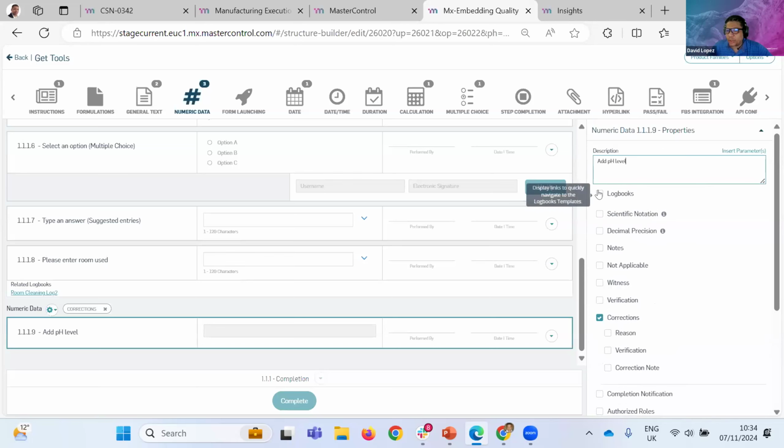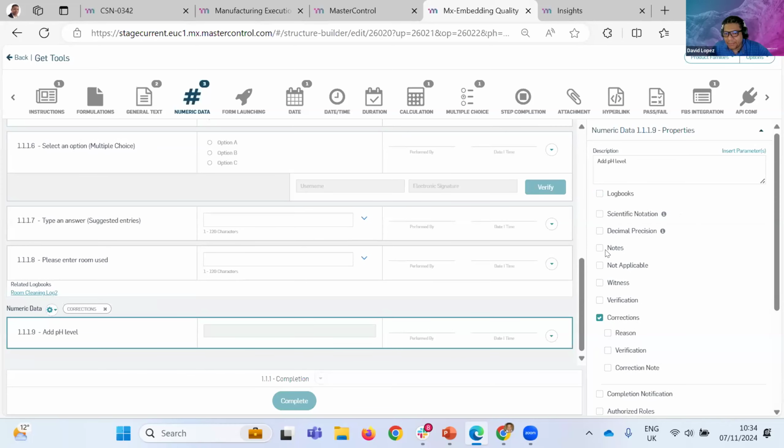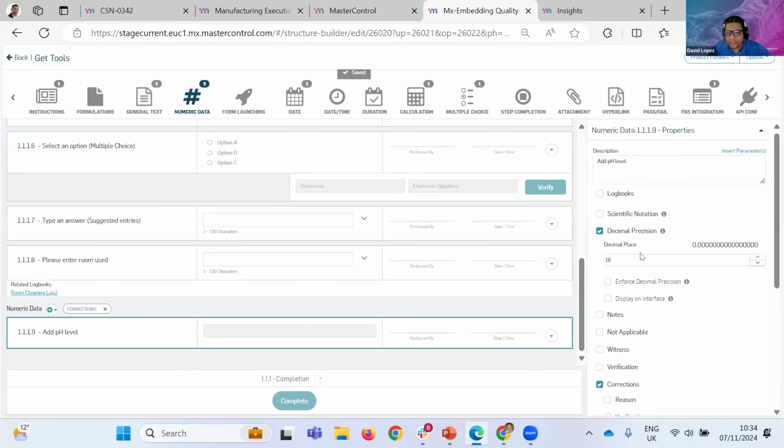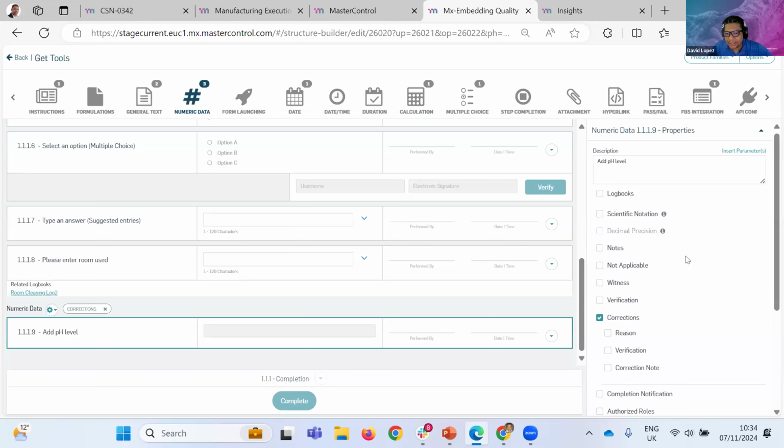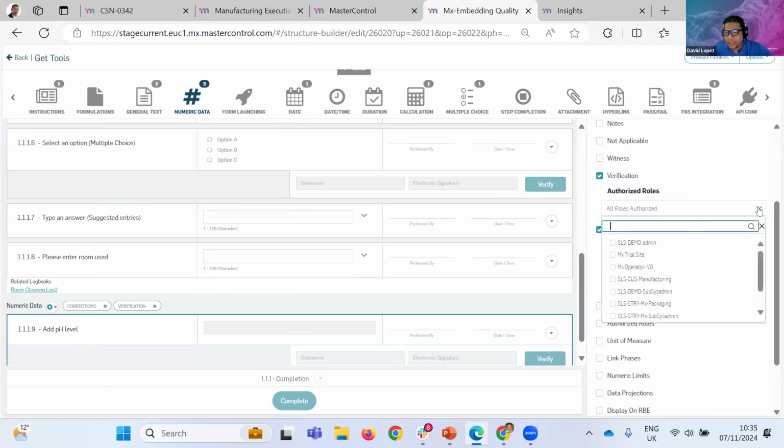Do I want to connect this with a logbook entry automatically? From here, I could choose the logbook that I need to update. If I want to have any decimal precision for the data point, I could add it here. Do we need to have a witness or a verifier? So I could actually go here and indicate that I do want a certain person or a certain role to verify